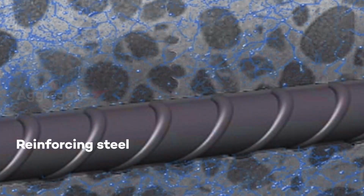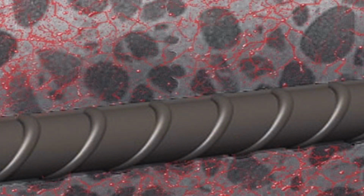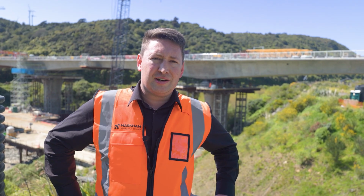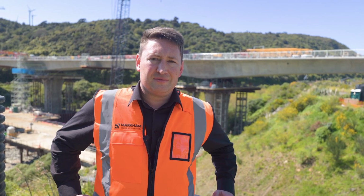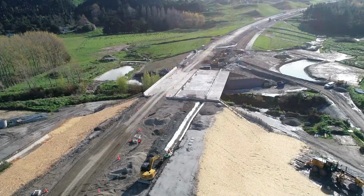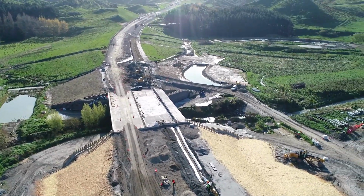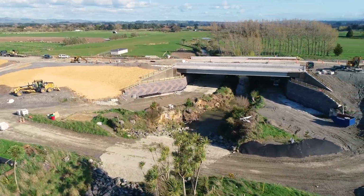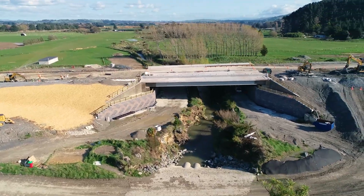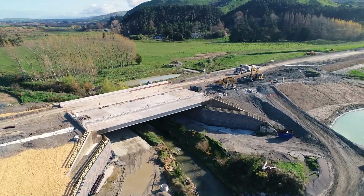So how colloidal silica hydrogels work is it's in the form of admixture, and it reacts with the moisture inside the structure to form a hydrogel which stays with it for the duration of its design life. So moisture is not able to freely move around, which is doubling the durability of the structure. Site trials were a real success here. There was no bowing when pouring a hollow core style bridge superstructure,